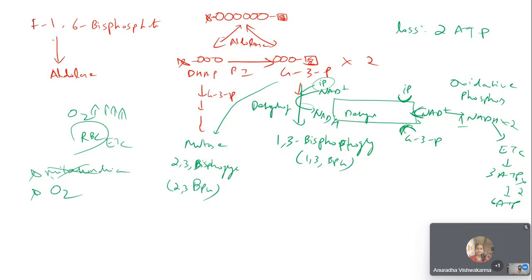Okay, so I'll show you this role. This is one of the most clinically important things in RBCs. They have an enzyme called mutase. I forgot the entire name. This mutase converts glyceraldehyde 3-phosphate into 2,3-bisphosphoglycerate, BPG or DPG. So what happens is,